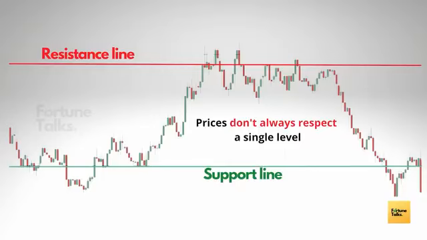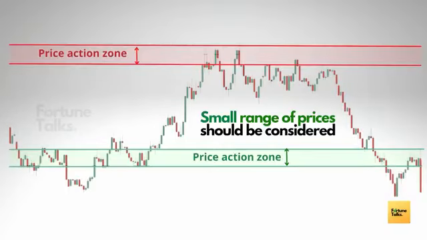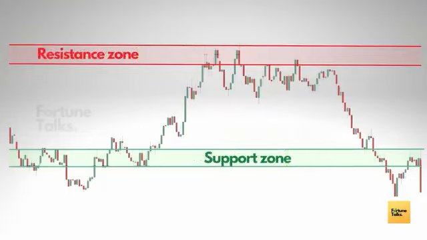So we have to give room for error, which means that the price level should be depicted as a range and not just a single price point. Rather than drawing a single line to plot the support resistance, we should represent it as a zone or an area where there is price